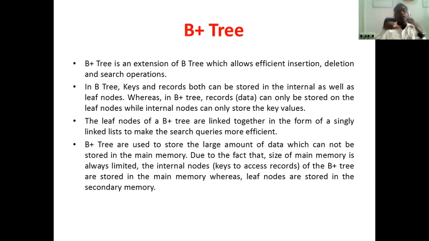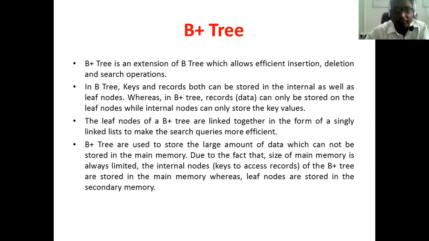The leaf node is the one which has no child, which means all the leaf nodes will be on the same level. All the leaf nodes contain a data pointer, whereas all the internal nodes, except the root node and the leaf nodes, that is, all the nodes in between, contain a key value. Internal nodes contain key values.